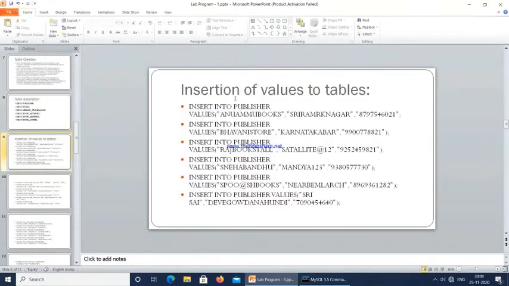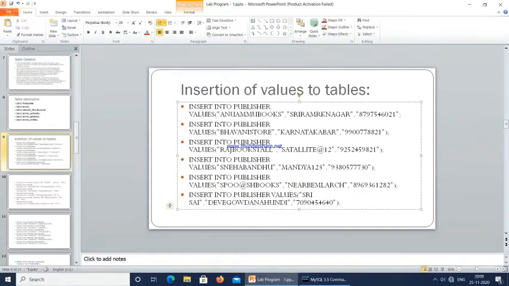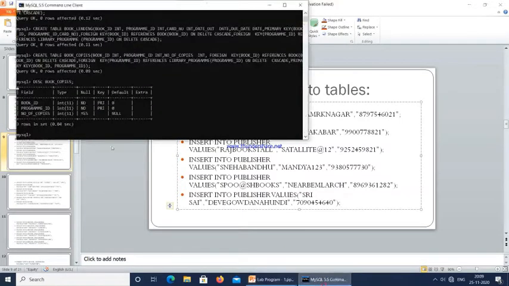So next we have to insert the values to the tables. Okay, so let us insert some values to the table. So we know what is the insert command. So insert into, first we have to insert into the publisher. Okay, insert into publisher values. What values we need to insert?